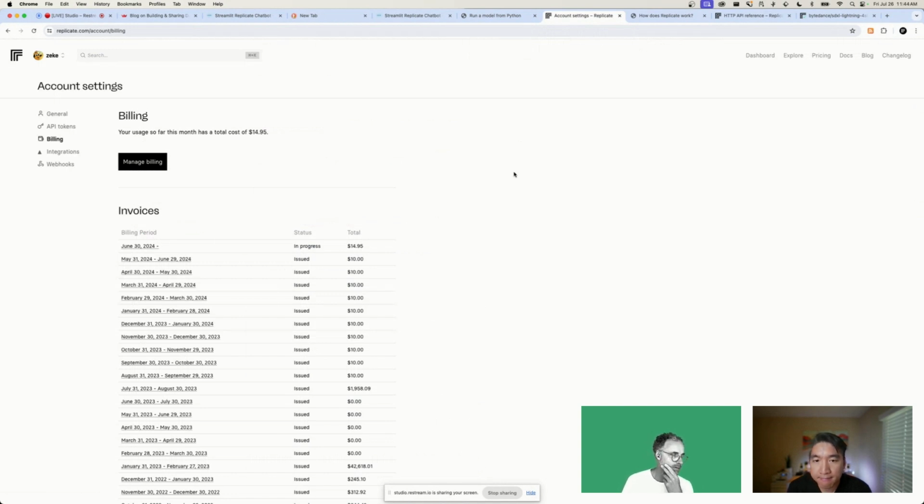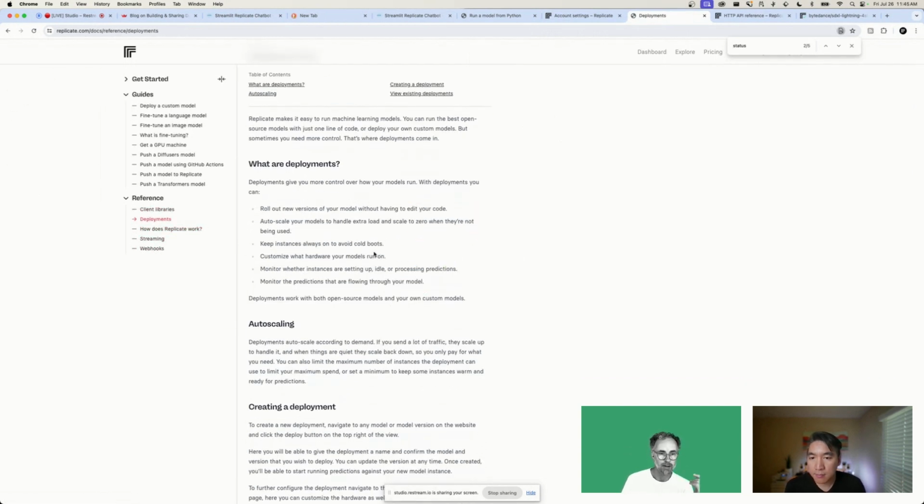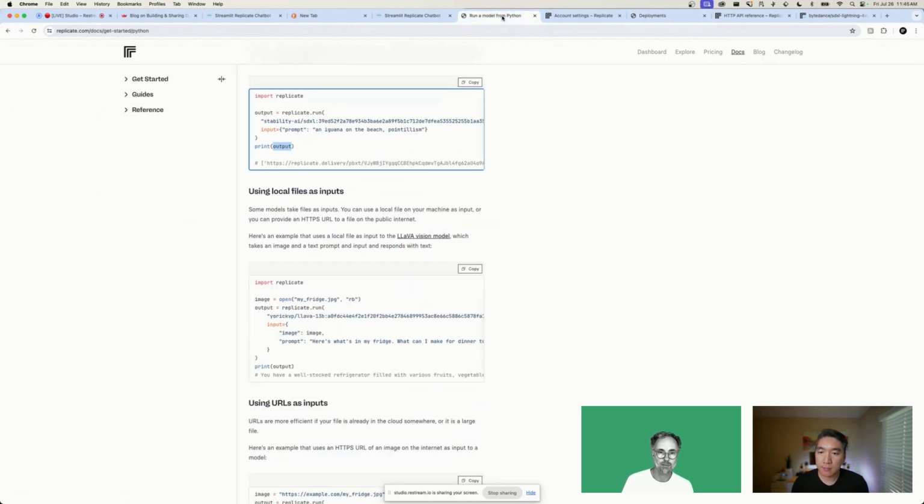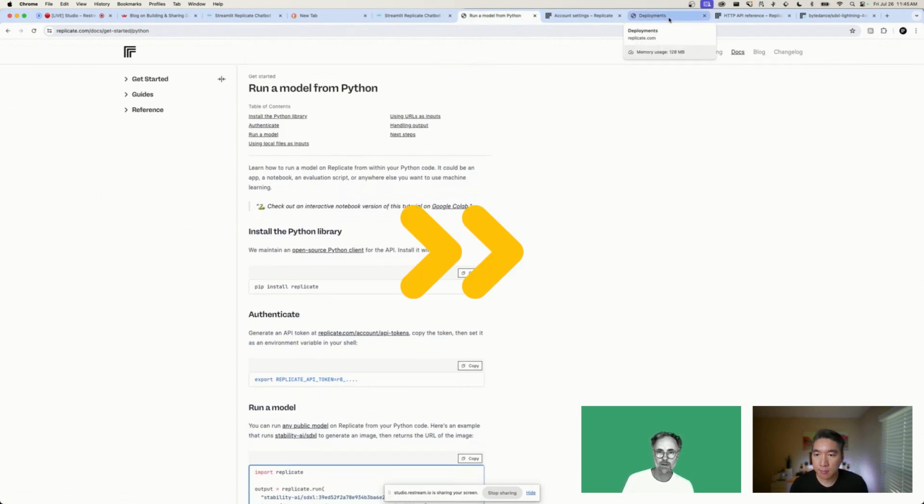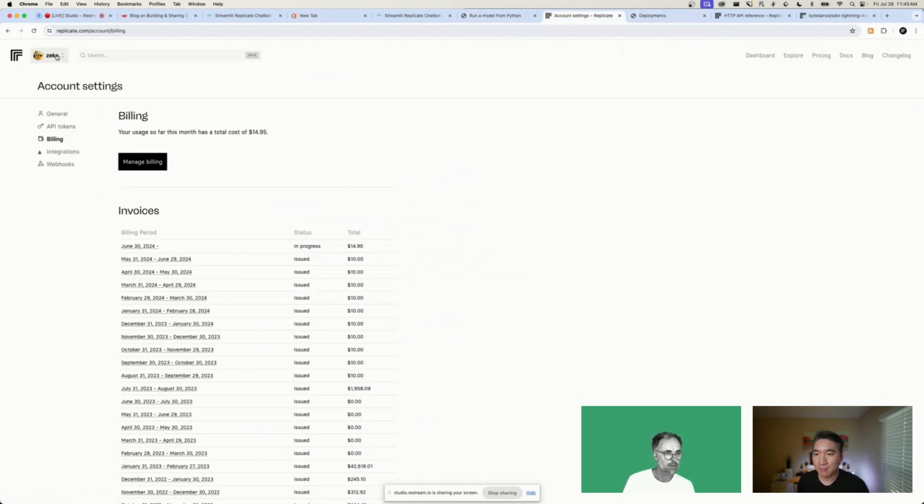If you're building a customer facing app and you need the app to be performant and you don't want to hit cold boots, we have something called deployments. A deployment is basically a private version of a model that lets you control the scaling. So for example, let's see if I have any deployments already that I can just show you. If I go to my dashboard here,